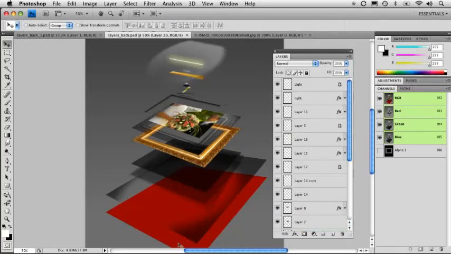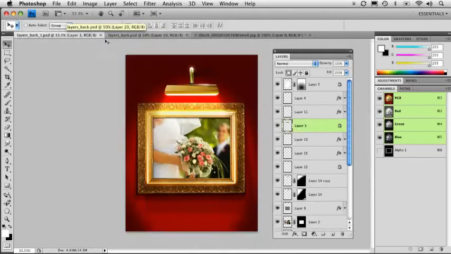I've got some shading layers here. Here's my background layer. There's a texture layer. Each of these frame layers, we've got the image, all these elements that make up the light. And then there's a lighting layer here. So all these individual elements combine to make this image that you're looking at right here. So, giving you an idea of how layers work,